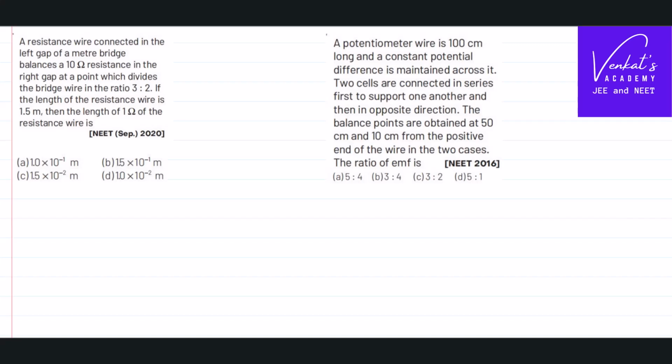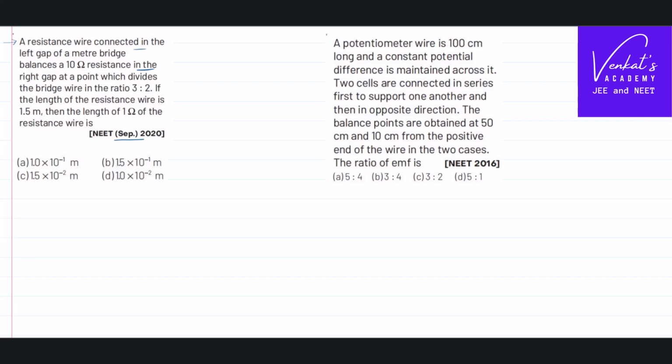We are solving two problems in current electricity. The first one is based on meter bridge, given in NEET 2020. Let us see what this question says. A resistance wire connected in the left gap of a meter bridge balances a 10 ohms resistor connected in the